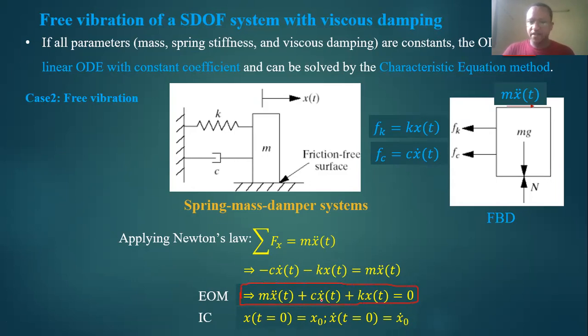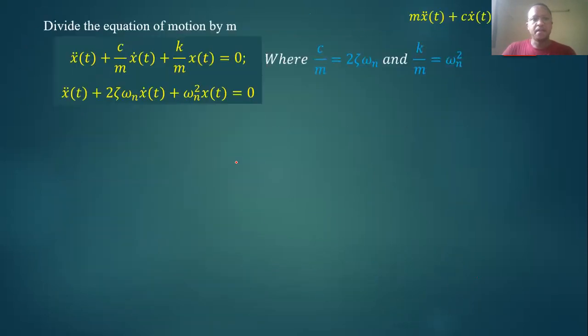This is a second order differential equation of homogeneous type, because f of x is equal to 0. That's why it is called free vibration. If there is a force, it is not free vibration, but forced vibration. Okay, so now let's divide the equation of motion